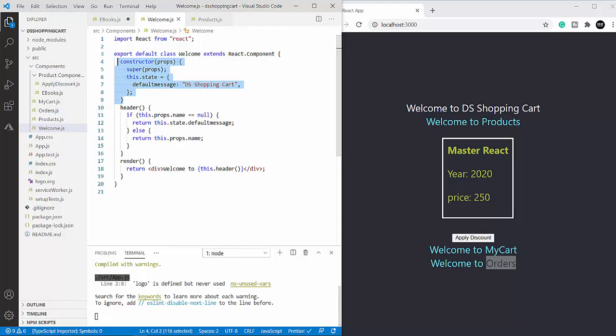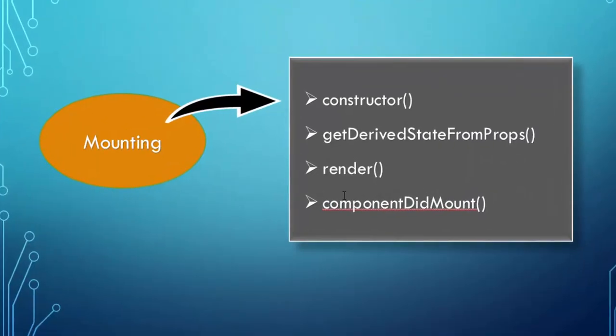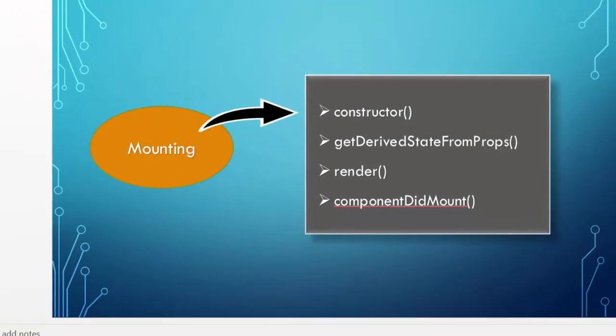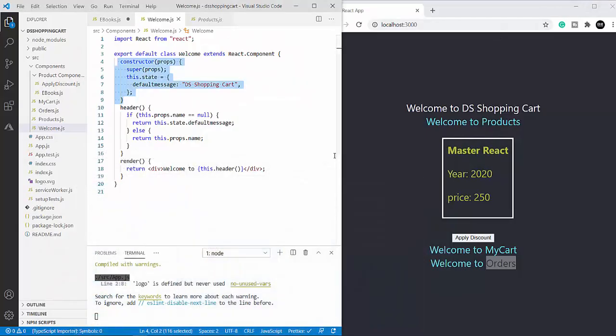The next method that we are going to see is getDerivedStateFromProps. This method will be handy if you want to update the props value onto a state of that component before the component gets rendered. Remember, when a component state is changed, it triggers a re-render. But if you have a facility to update the state before it renders for the first time, that is really great. So that is what this method does.